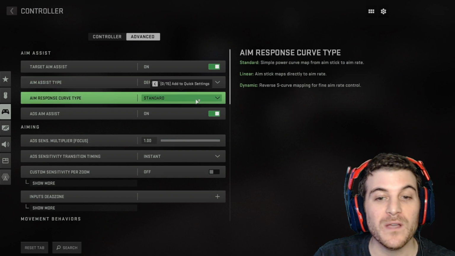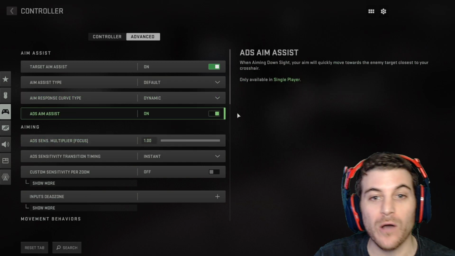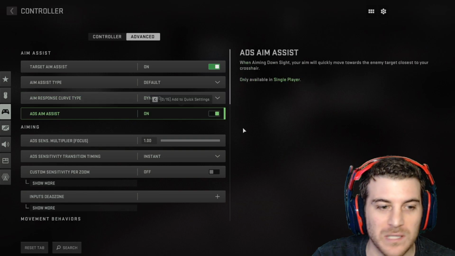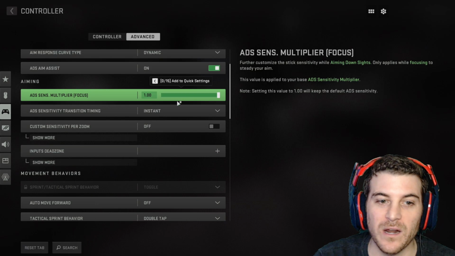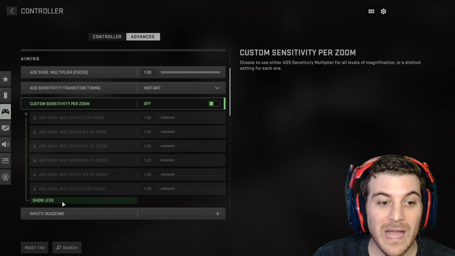Aim response curve, standard, linear, or dynamic. I like dynamic. I recommend checking out each one and just kind of test and see what you like better. I like it dynamic. ADS aim assist, obviously on. Multiplier focus, leave that on. Default, instant. Customizing zoom, I do not touch any of this, but you can if you want, based off different